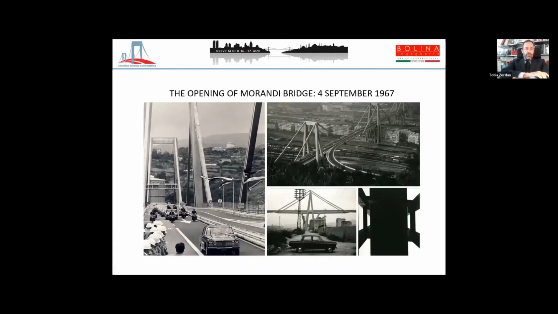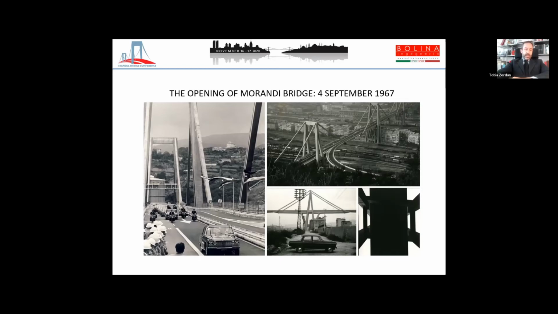I'm sure you know this bridge. This bridge is Morandi Bridge. Two years ago it collapsed, and this slide has some pictures from the opening in 1967. This bridge and all the events that followed its collapse concerning Italy are the main reasons